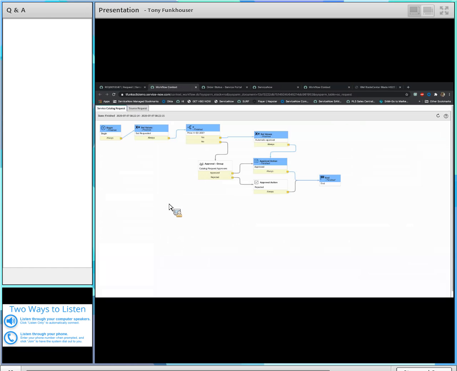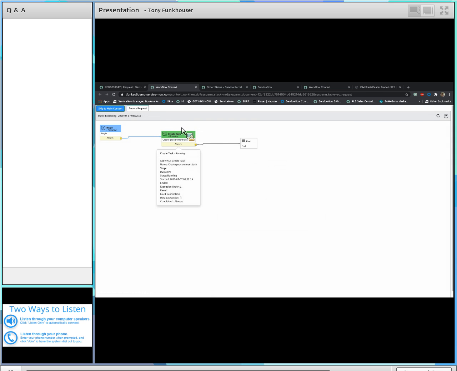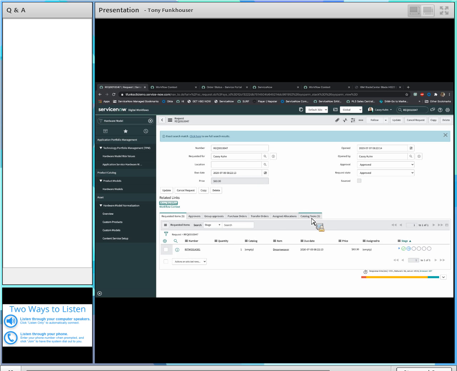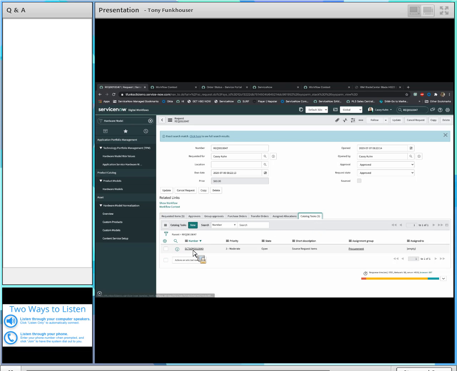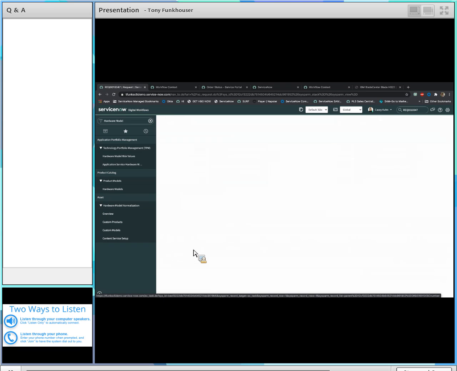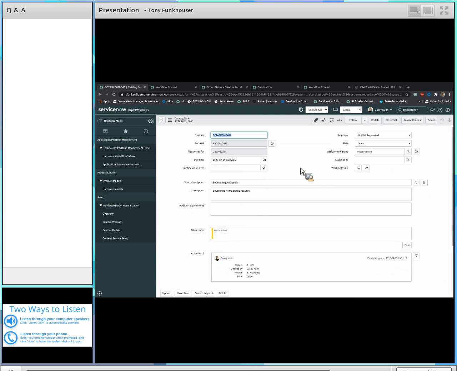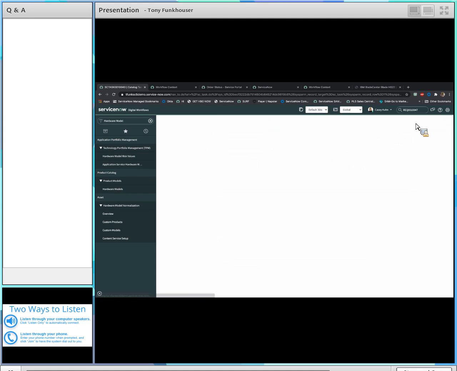In this case, if I look at that workflow, I can see that this is already completed and even spawned another request. It probably completed so quickly because the price was under $1,000. This is just one of the activities that you can define. So if we look at this other workflow that was spawned, I have created a procurement task. If we go back on the record here, we can review the information that's been populated, or because it is less than $1,000, maybe just go ahead and source that